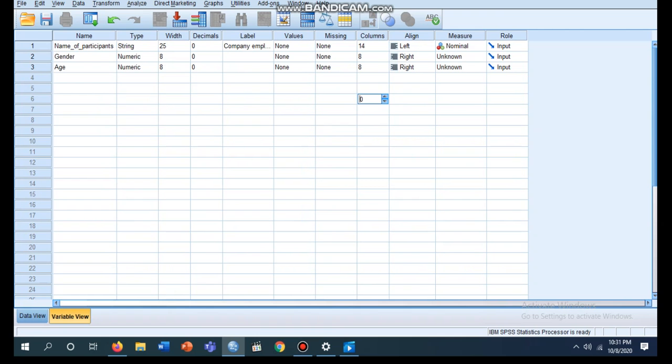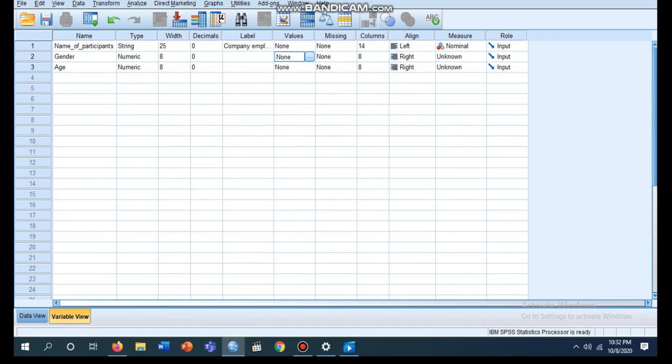As for the gender, now the gender is going to be numeric. You might wonder why the gender is going to be numeric when we have male and female. Basically, if somebody has to enter like 400 or 500 individuals' data, it will be really difficult for them to enter male and female and male and female and so on. So to make it easier, we simply input the gender as ones and twos. In order to do that, we have to tell the software what one means and what two means. So let's do that now.